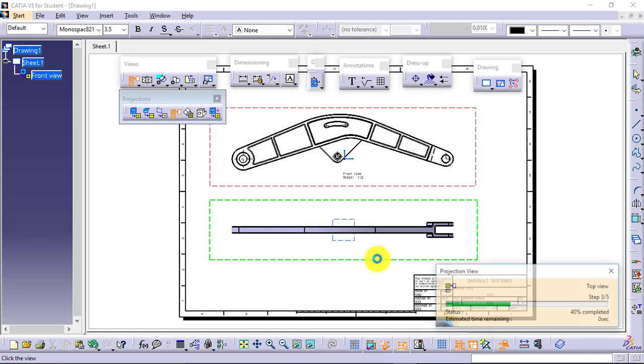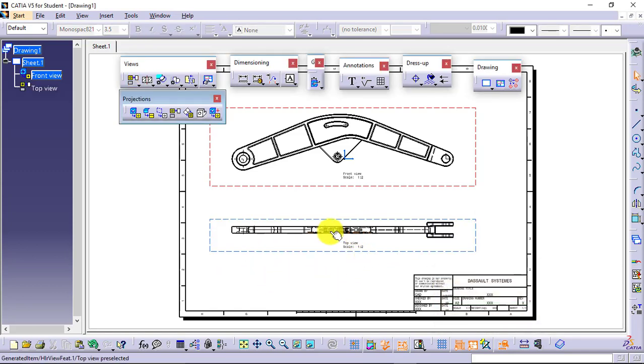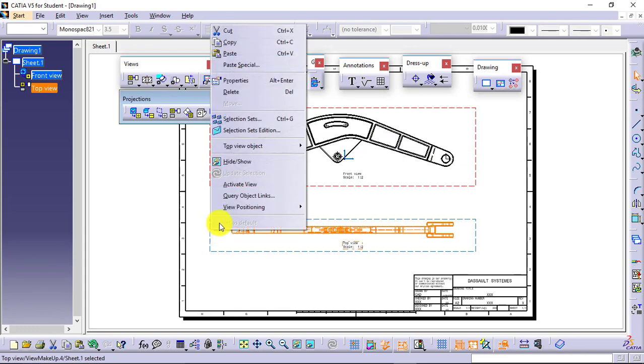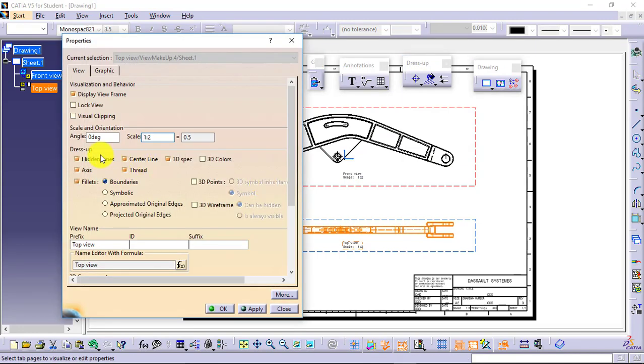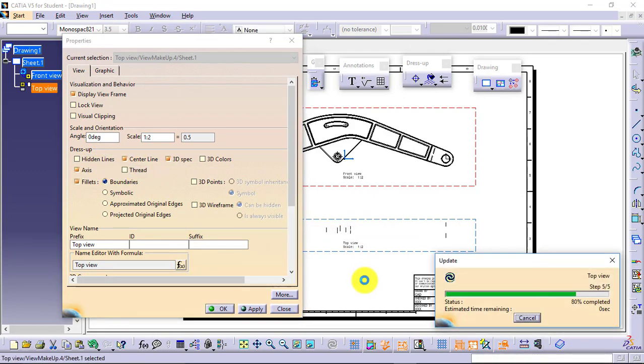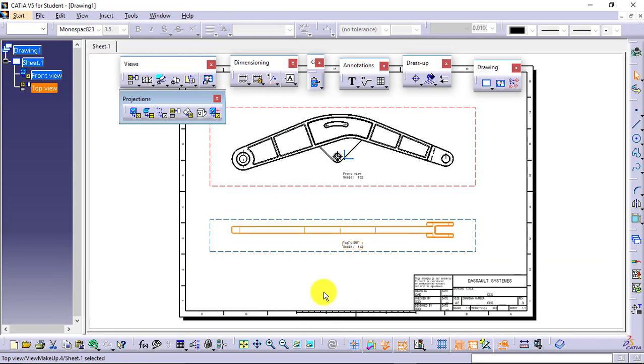So I'll click it, so that view will be placed, and you can see whatever properties I had defined for the front view, it is giving me the same for the top view, like hidden lines, axes, everything are visible. This red window or red boundary of the view shows the view is activated, blue shows it is not. I can right click on this view. If in this view I don't want to show the hidden lines and threads, I'll say OK. This will be updated like this.